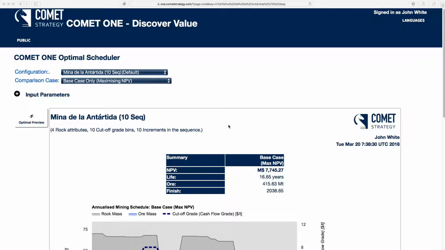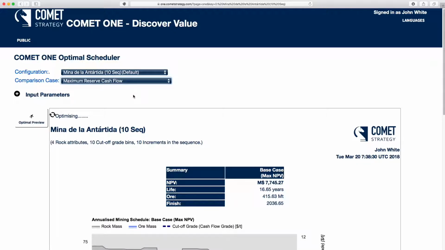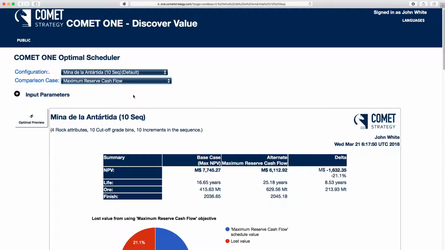the case. So we're going to be using the Antarctica mine, the 10 sequence Antarctica mine. Make sure you select that one. And then because we're comparing these two cases of different objectives, let's go down and select the maximum reserve cash flow. So when we maximize the reserve cash flow, what we're actually doing is in each period, we're seeing if